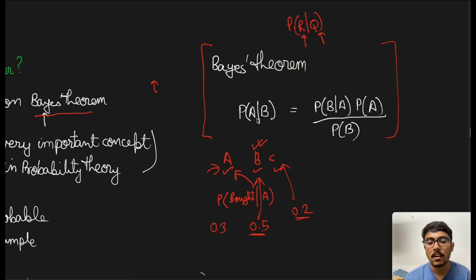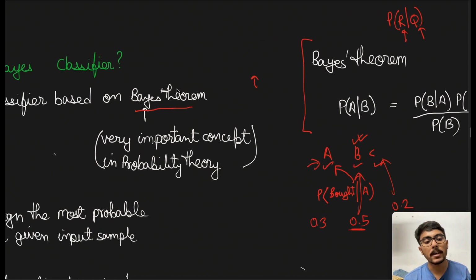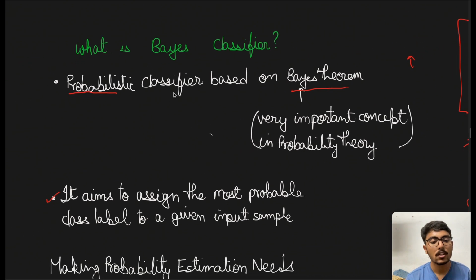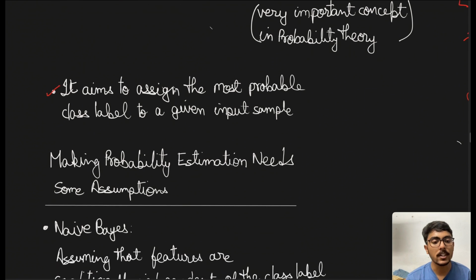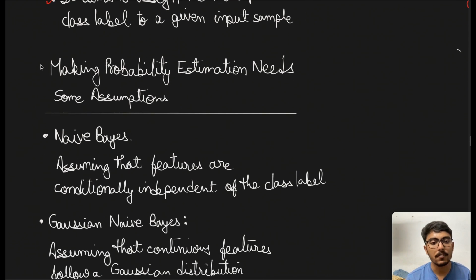Just remember that when we are using Bayes theorem, we want to predict. We want to predict that if we buy the car, then what is the probability that it got generated in A. Perfect. Now we come back to the Bayes classifier. In Bayes classification, the next point is that we need to make some assumptions, right? We can't just use Bayes theorem and Bayes classifier directly and say, okay, this is the classification. We need some assumptions with the Bayes classifier in order to classify the pattern